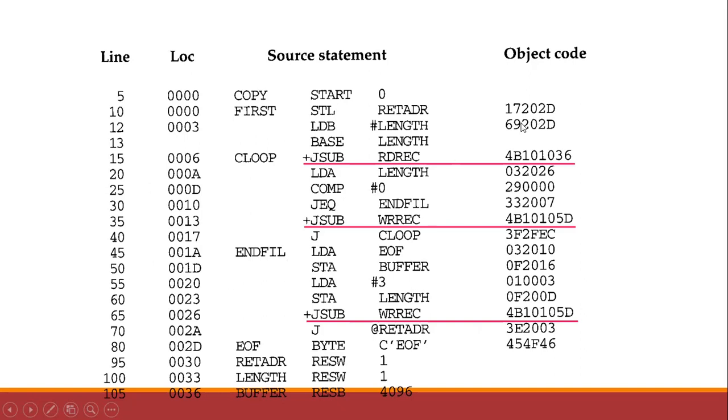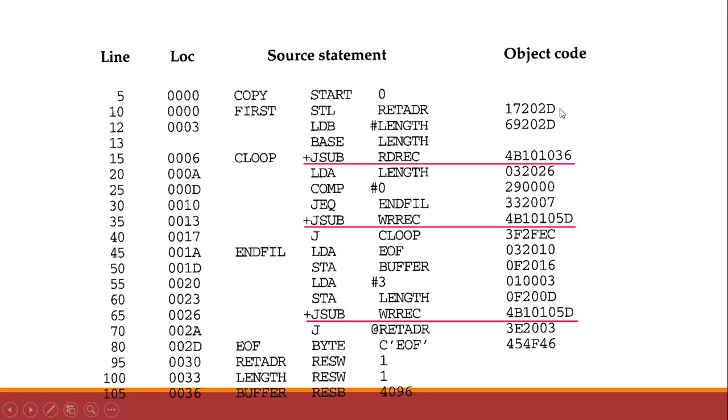So there is a relation. So here is how these object codes are generated. This is an example for a SIC program. Different instruction formats are there, as you studied in the previous chapter module. There are four instruction formats: 1 byte, 2 byte, 3 byte, and 4 byte. Many flags are there, depending on the different addressing modes, and these flags will be set. The first 2 are the opcode, and these are the displacement.